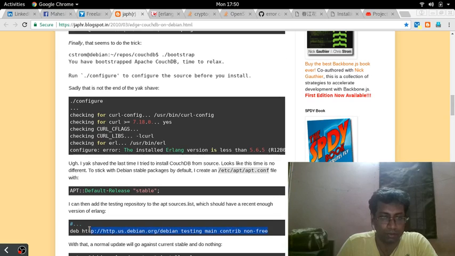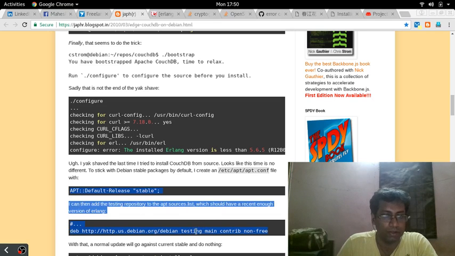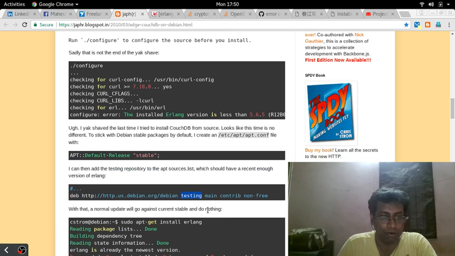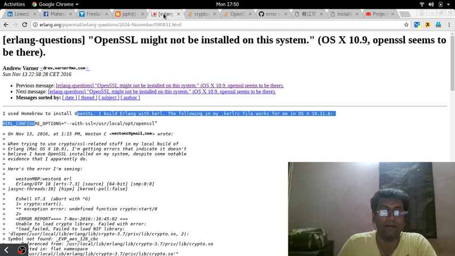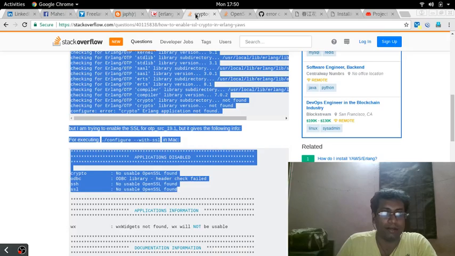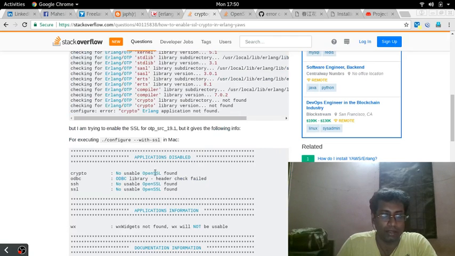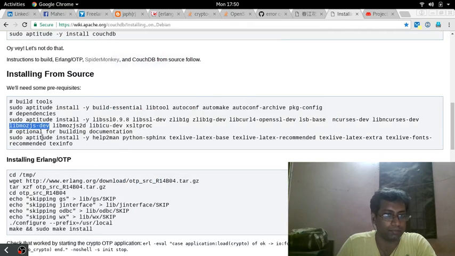This particular solution is not applicable for me, because this was meant for testing when Jessie was stable. Doesn't work. So, I'm going to close this one, and like I mentioned,